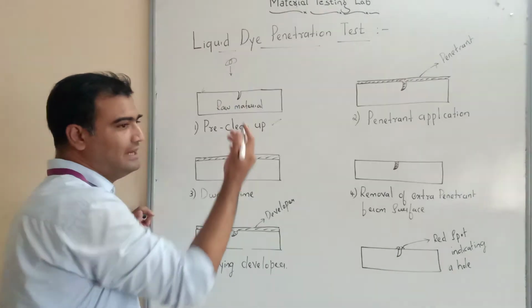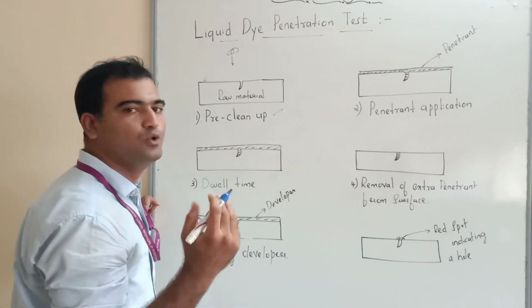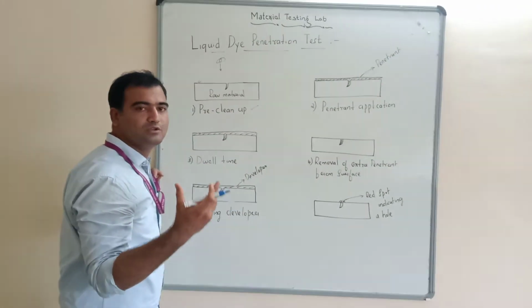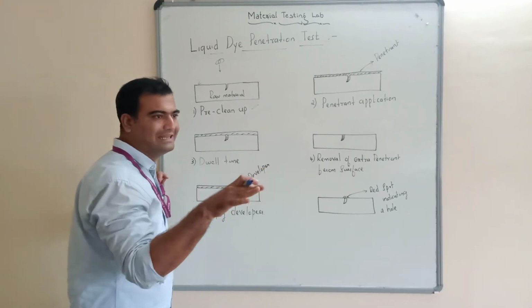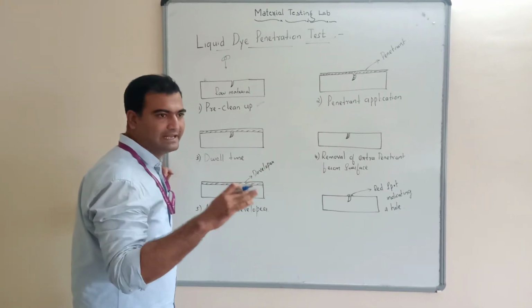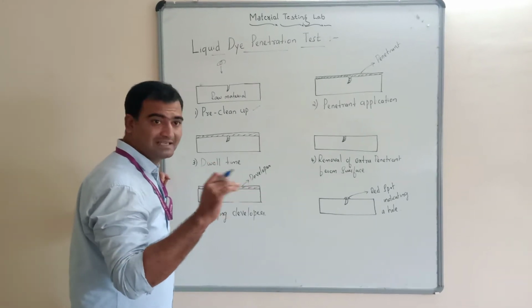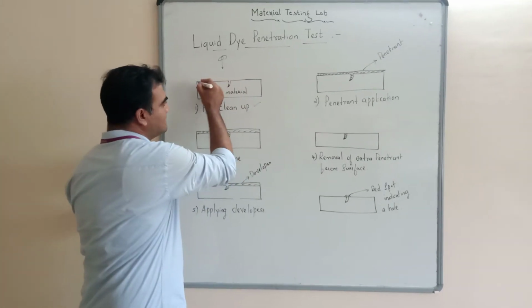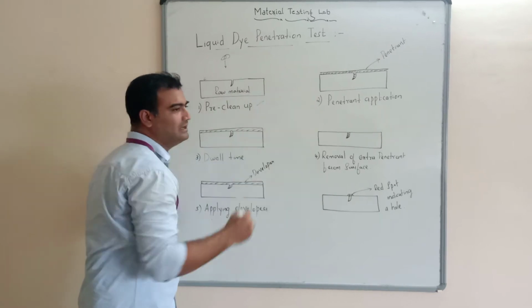You can use sandpaper to clean the surface. If there is rust on the material, you can use sandpaper to clean it, or you can also use a buffing machine. If the surface is too large, if the surface is painted, or if the surface has any oil or rust, then you can use the buffing machine. Once the surface is cleaned of foreign particles, you go to the next step.